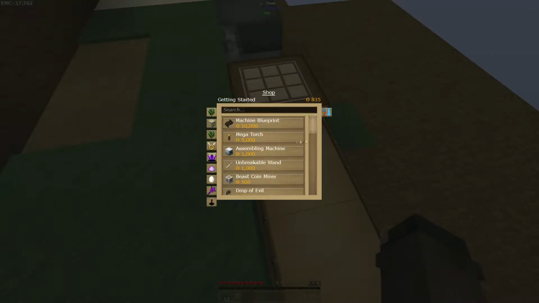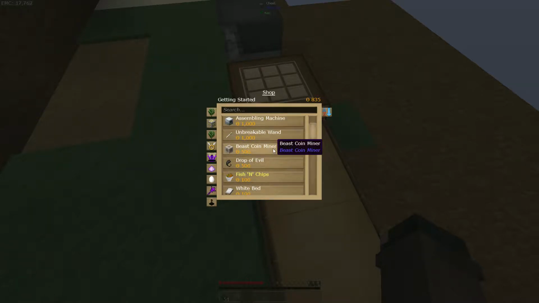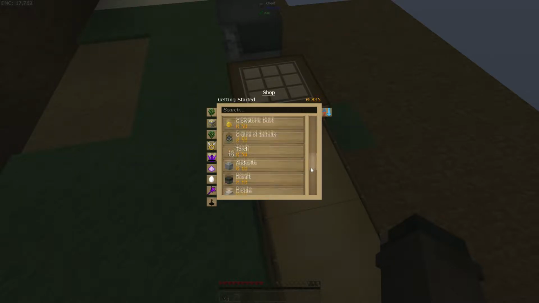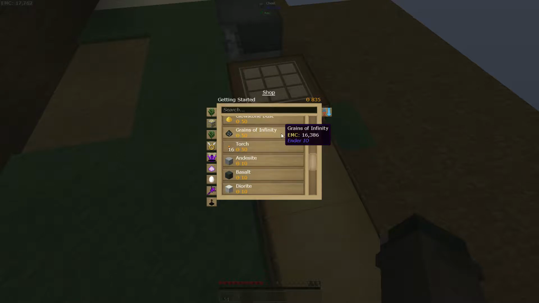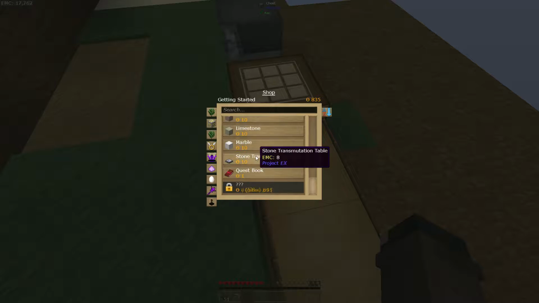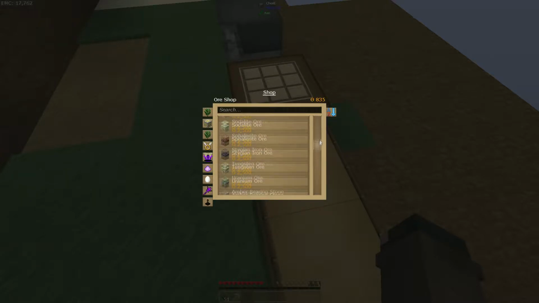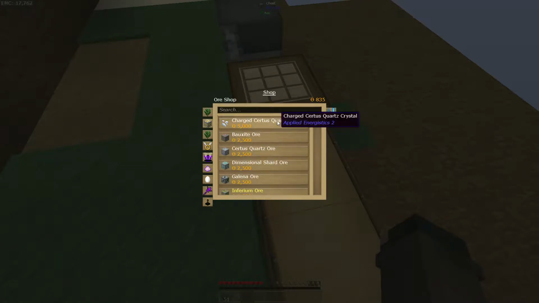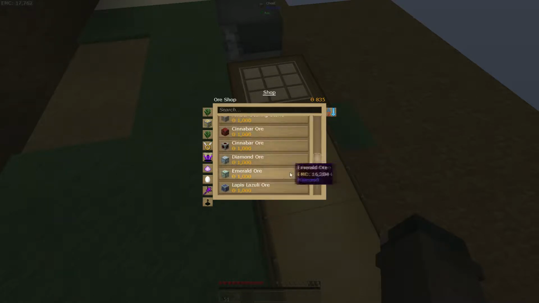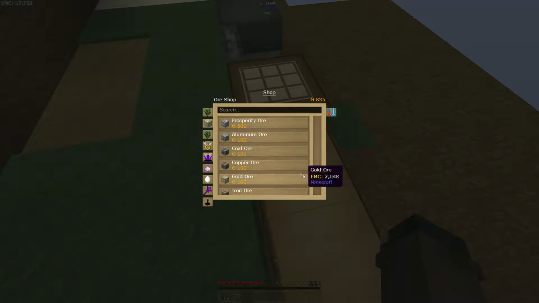And due to the money that we have, we can buy things. Now, one of those things that you buy is the Beast Miner. You could also buy the Unbreakable Wand for 1,000. And that will save me a load of resources. And the Grains of Infinity, which are really good if you just want to get a ton of stuff. The ore shop is useful. You need to buy each ore at least once, just so that you can mine it and place it into the...